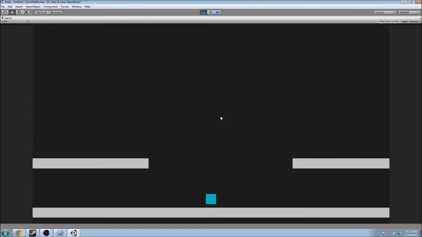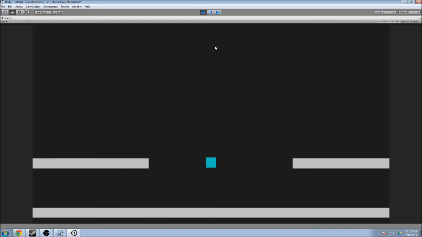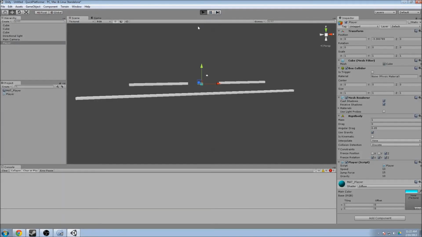Impulse, you see this? It doesn't jump as high, but since it's impulse, you do get that little burst when you're jumping. But we might want to compensate that by putting in 15. So that's pretty good. Might need to lower the platforms, but other than that,